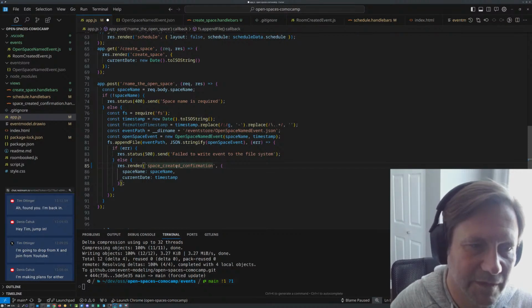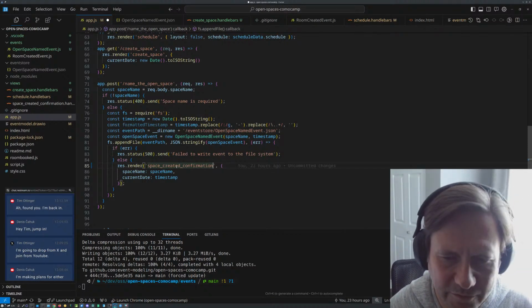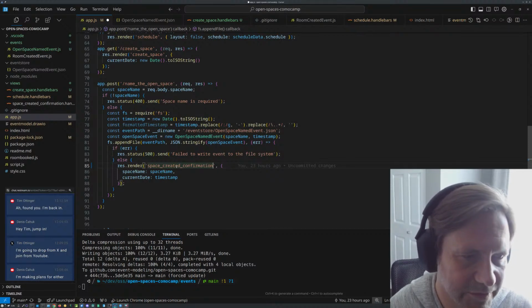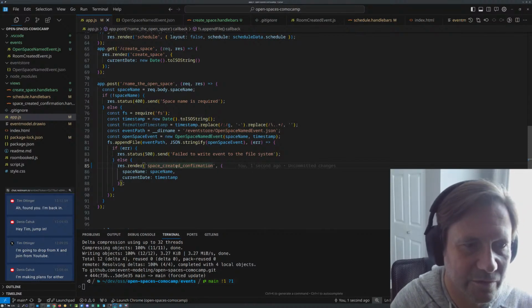Okay, so AI is actually pretty good. Cursor AI also has this copilot type of interface where you can just tab complete stuff that it thinks you want to do. So it seems to have worked. Let's give this a go.